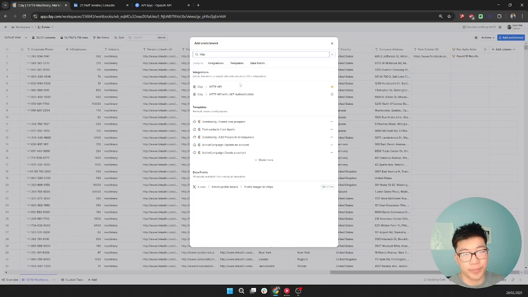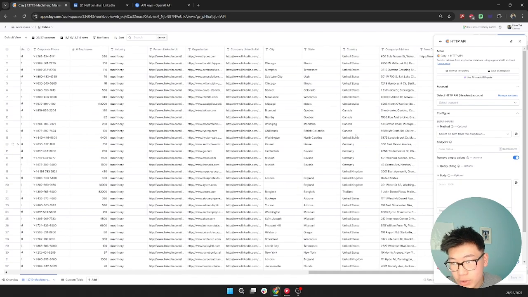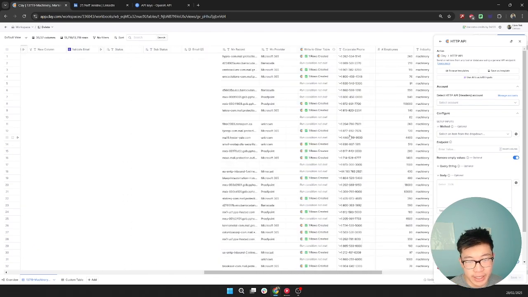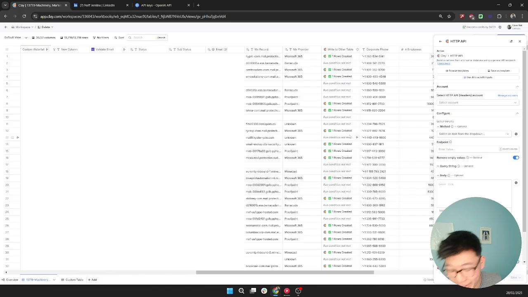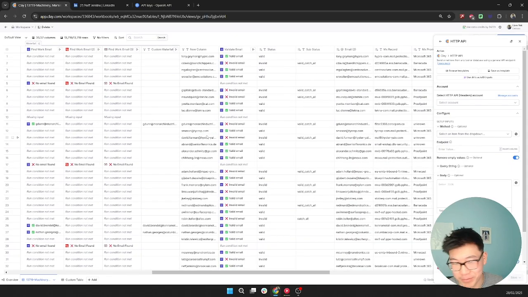Right, so HTTP. So this is an HTTP API. A HTTP request is just sending a request across the internet. I don't even know if I want to get into it because there's so much that has to be dealt with in your brain. So this is